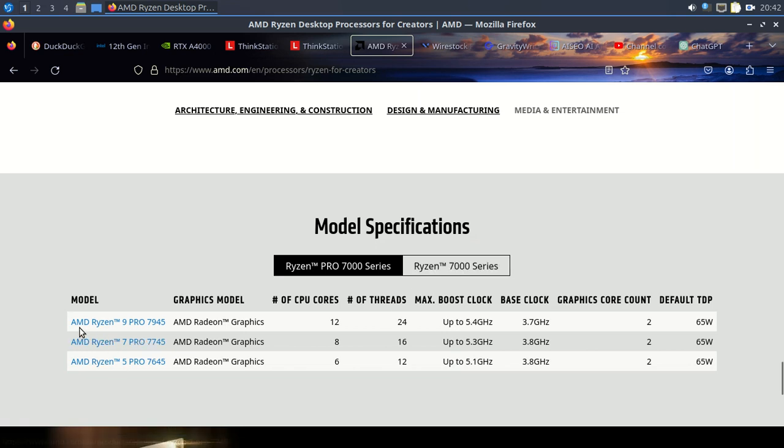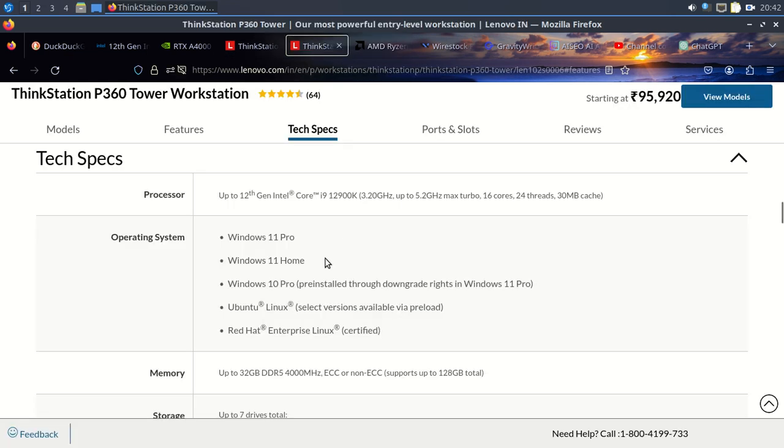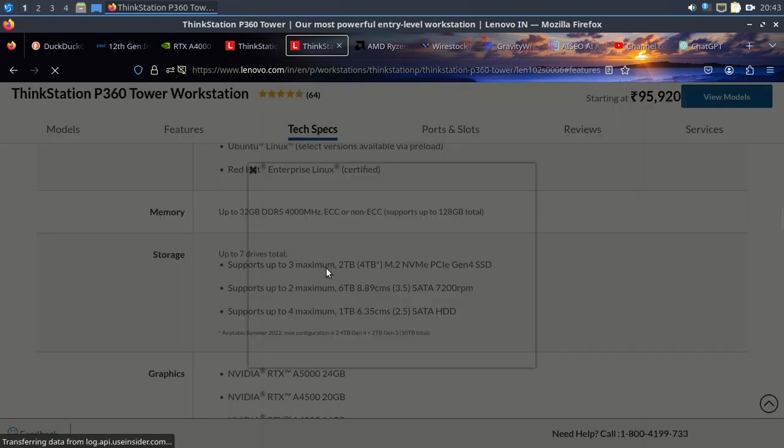You can see here the AMD Ryzen 9 Pro 7940 and AMD Ryzen 7 Pro 7745, 5 Pro 70. Always more than 7000 series. You can see here AMD Ryzen 5 Pro. So this is, I think, not good for. So however,